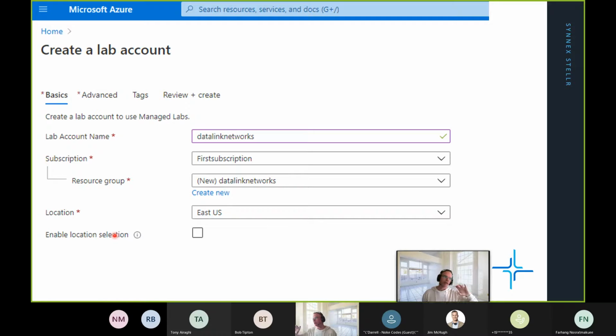So what happens is the VMs for the students, if you want to call them that, will spin up in a region closest to them, rather than the region that the resource groups just deployed into. So this particular